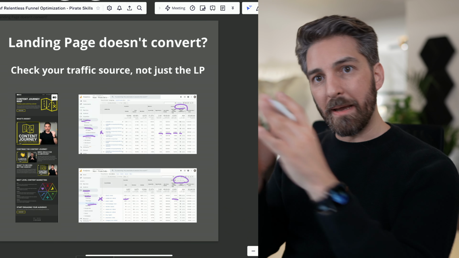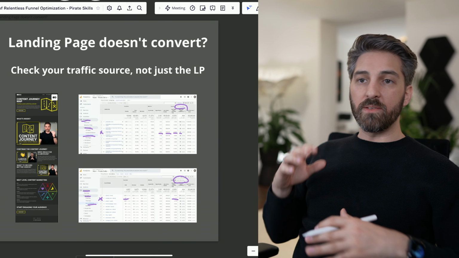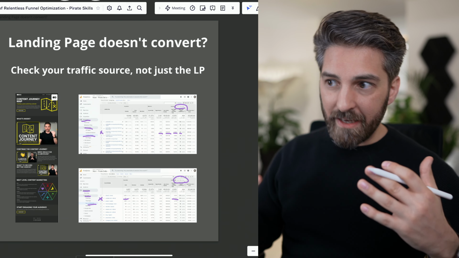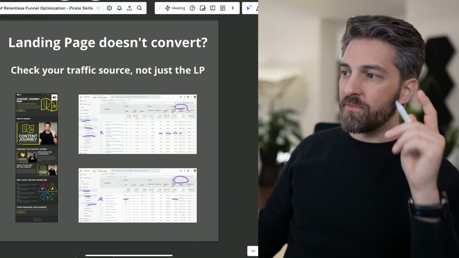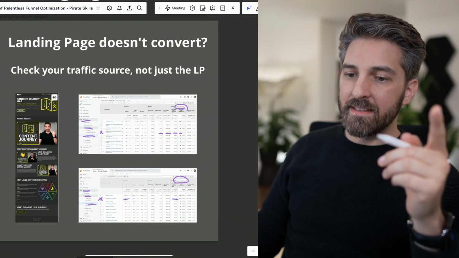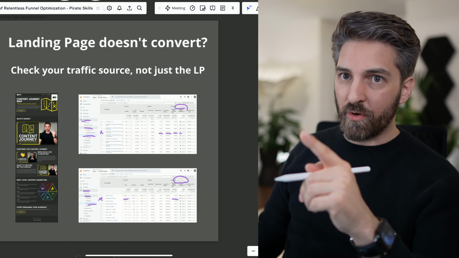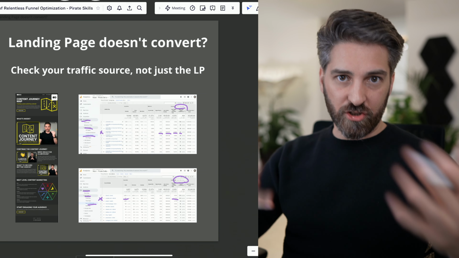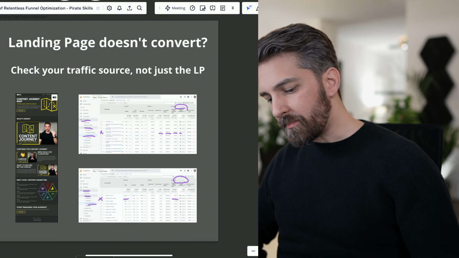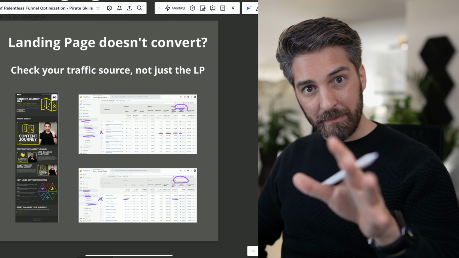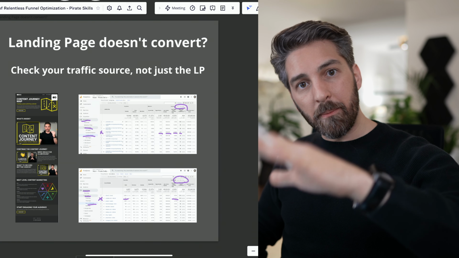And then you make the comparisons between two versions of the same landing page. The traffic source very often has the highest impact on the conversion rate besides what's actually on the landing page. And people just focus on what's on the landing page, but not where people are coming from to that landing